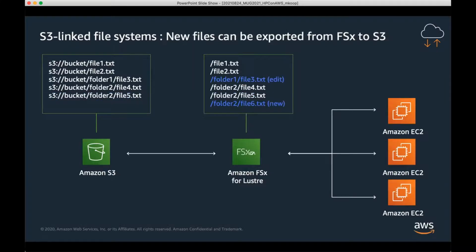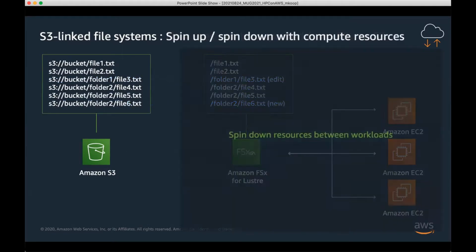Similarly, you're going to probably edit those files. You may make new files as you're doing your computation, and then it can push those things directly back when you're finished as well. So you can say, basically push all of these things back into my S3 bucket, and then you could just spin it down.